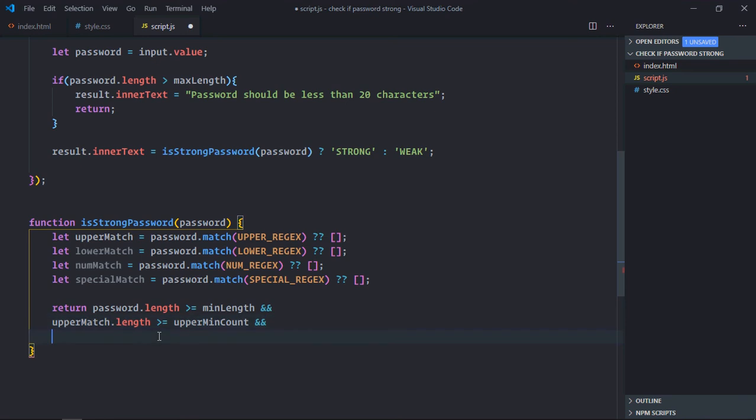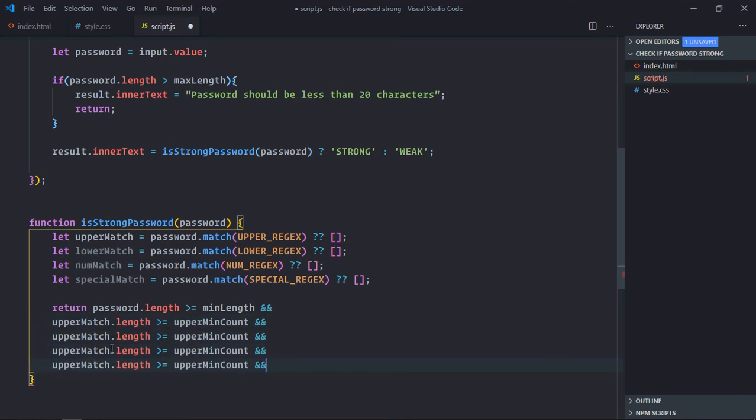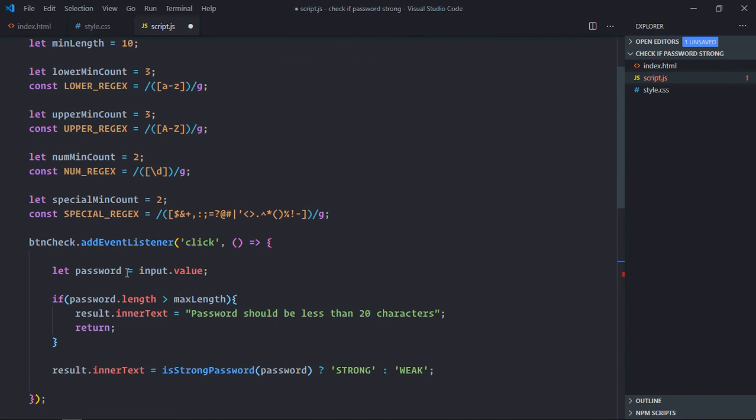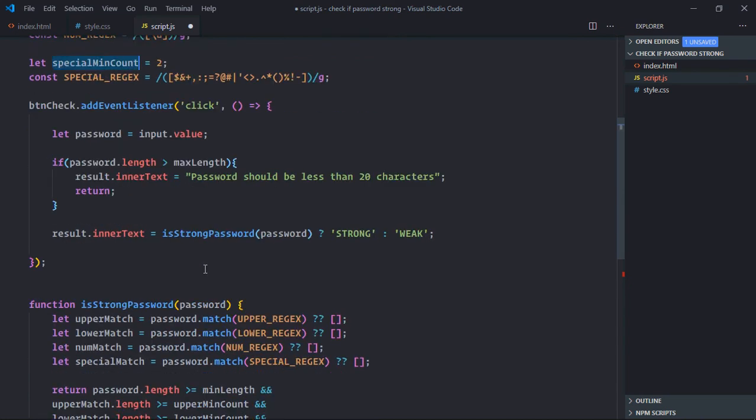Now just copy and paste it. Here it will be lower match, here it will be num match, and here it will be special match. Same goes here, lower min count, num min count, if I'm not wrong, okay, and it will be special min count.